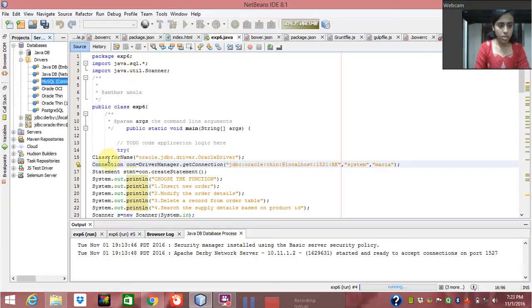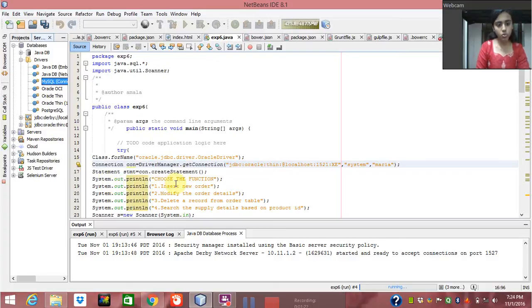The first one is I'll use the basic Java coding here using the try catch. So the first is a try, under which I have used Class.forName, and I have opened this link which is given to me while I have connected this jar file here. Then the next is Connection con equals DriverManager.getConnection, and then the link here with the host name 1521, and then I have given my username as system and the password as Maria, and then the next is Statement stmt which is equal to con.createStatement, then